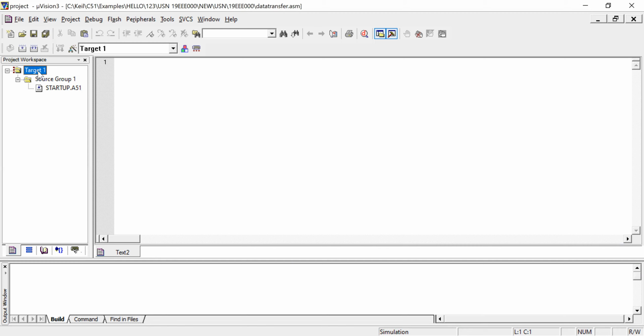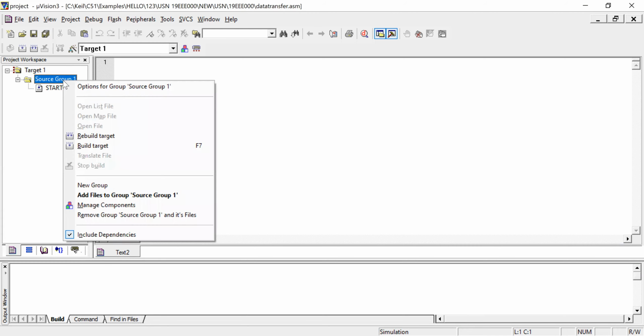This particular target. So you right click on this target. Source group is there, no? You right click on that. Now add files to group source.